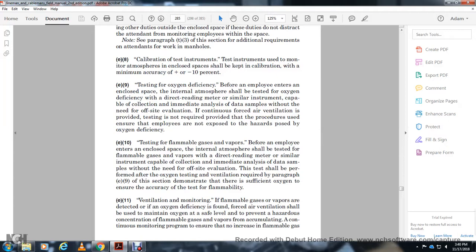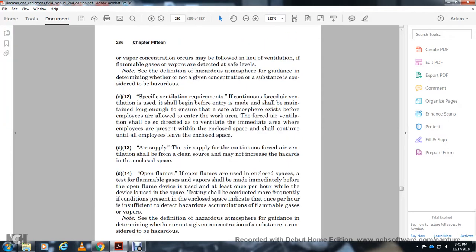The test shall be performed after the oxygen test and ventilation required by paragraph E9, which demonstrates that there is sufficient oxygen to ensure the accuracy of the flammability test. Ventilation and monitoring of flammable gas vapors for the detection of oxygen deficiency in the air. Ventilation shall be used to maintain a safe oxygen level and to prevent hazardous concentrations of flammable gas vapors from accumulating. A continuous monitoring program to ensure that no increase of flammable gas or vapor concentration occurs may be followed in